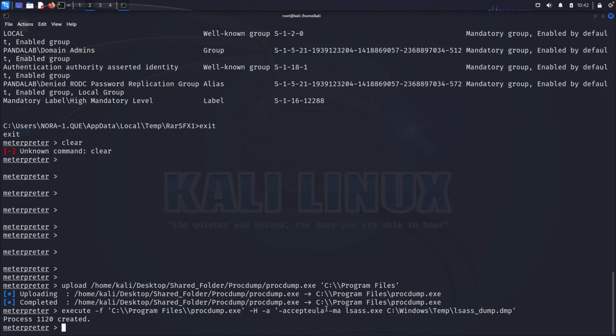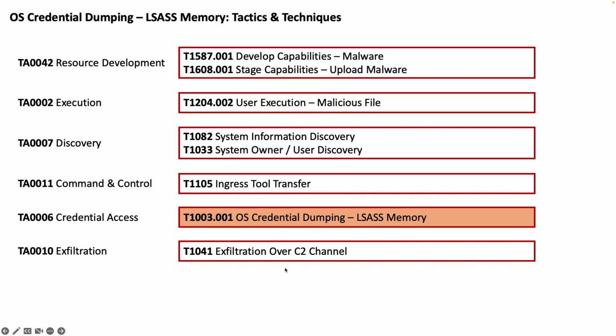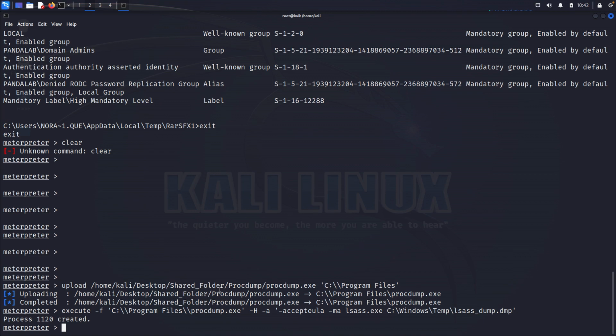So let's move to the left, and we are now ready to exfiltrate our dump file over our C2 channel. We will use the download command for this. So we will run download,